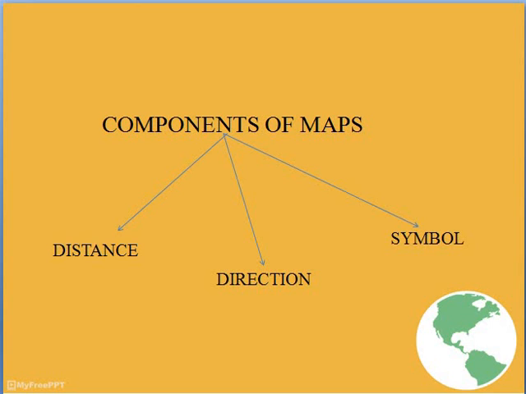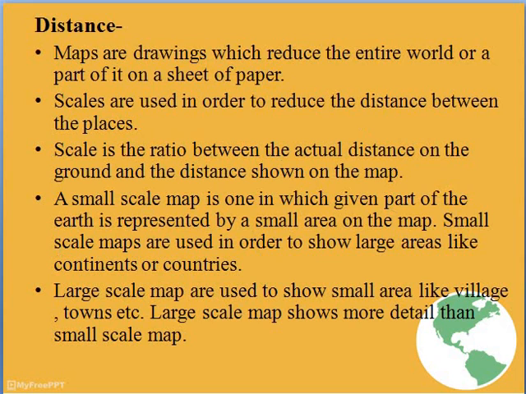In this video we are going to study the different components of maps. There are mainly three important components of maps. Number one is distance, second is direction, third is symbol. First one, distance. As we already studied in the previous video, maps are drawings